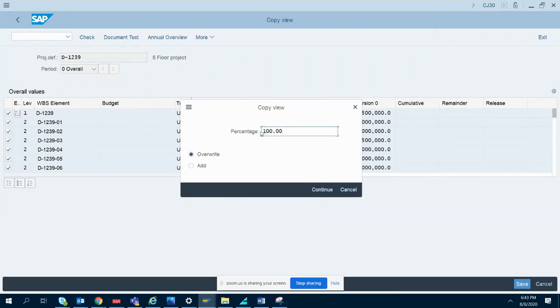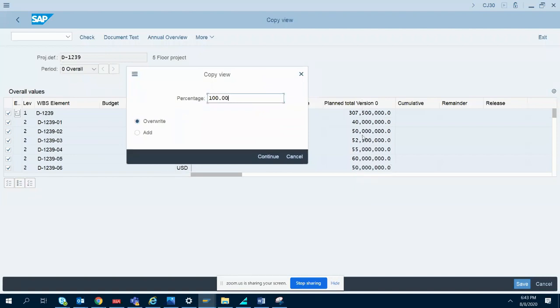Now, whether we need to use 100% or 80% or 90% is up to the finance manager. Why? Because who is going to give these planned values? The planned value is given by the technical team through the project manager, then the finance will approve it on certain basis. So approval maybe they have given for 80% or 90% or 95%. Based on that, we can select the percentage here. There is no hard and fast rule. It is the finance manager's